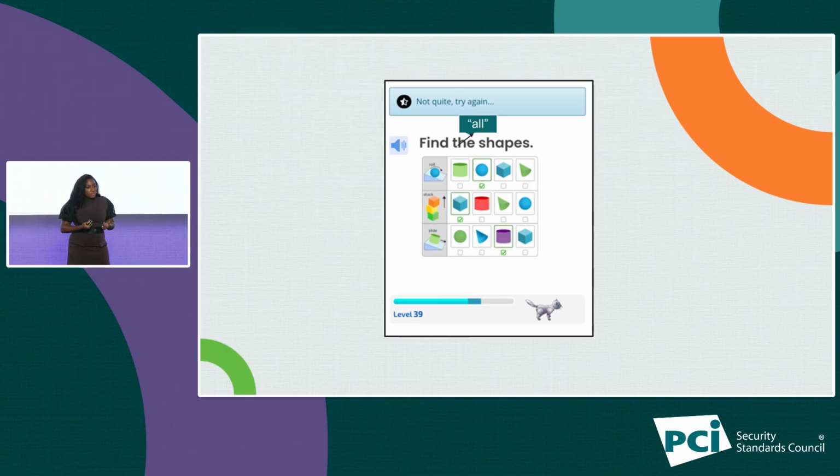So PCI DSS supports all of the stakeholders all over the world in many different languages and many different interpretations. So the more perspectives that we solicit on the requirements, on the approach, on the timeframes, the more likely we are to get to the right answer the first time.